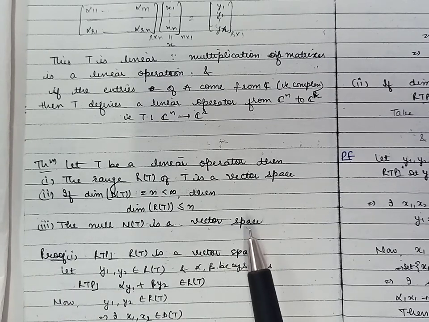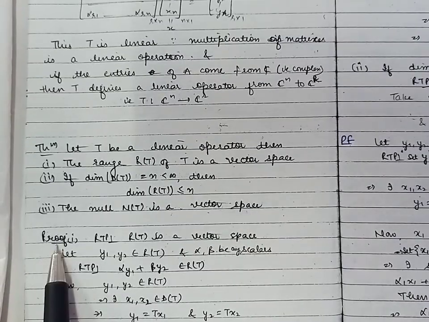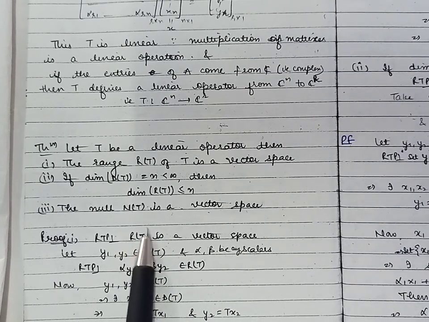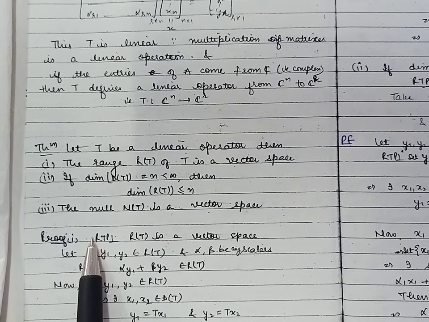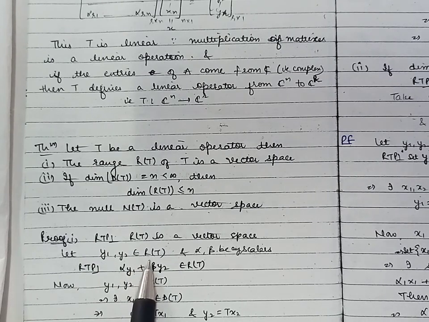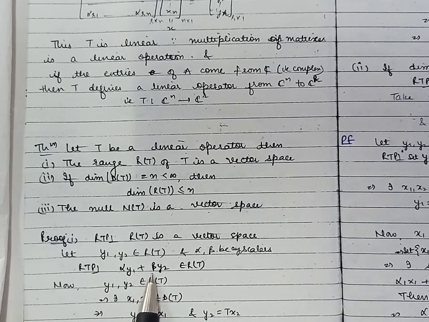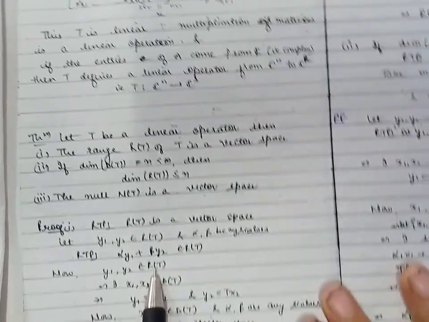So first of all, we prove the range of the linear operator T is a vector space. In order to prove R(T) is a vector space, let us take two vectors y1 and y2 belonging to the range of T and two scalars alpha and beta from the field of scalars. Now we prove that alpha y1 plus beta y2 belongs to the range of T. Now because the vectors y1 and y2 belong to the range of T,